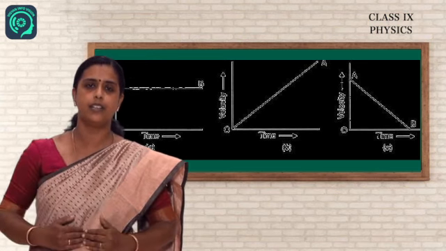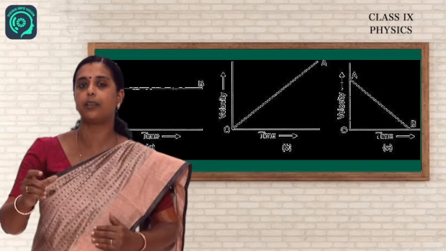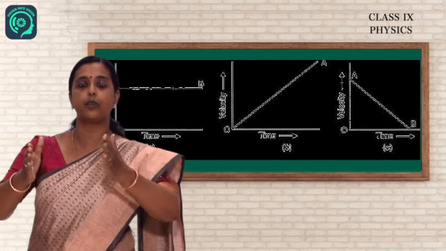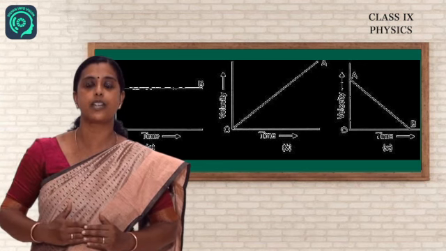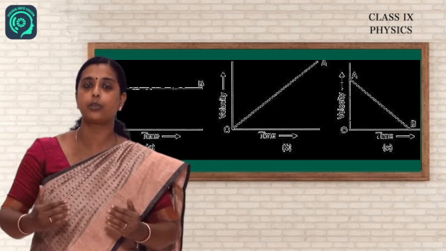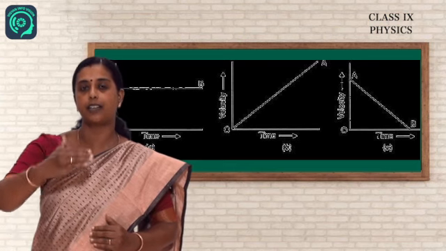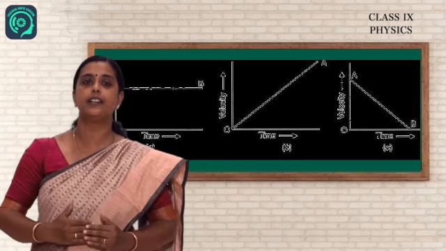to the time axis. If you want to find out the distance travelled by the object between the two time intervals t1 and t2, from the time t1 and t2, draw perpendiculars to the graph. The region below the velocity time graph will give you the distance travelled by the object, or we will be able to know the position of the object, and that is given by the area of the rectangle. The region below the graph is a rectangle, so the area of the rectangle will give you the distance travelled